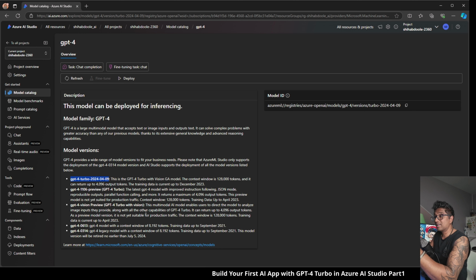So Azure gives us access to several other versions, including GPT-4 Vision for image analysis and GPT-4 Legacy for older applications. Each version has a different strength and use cases, but for this tutorial, we are sticking with the standard GPT-4 Turbo version. Finally, on the right in here,